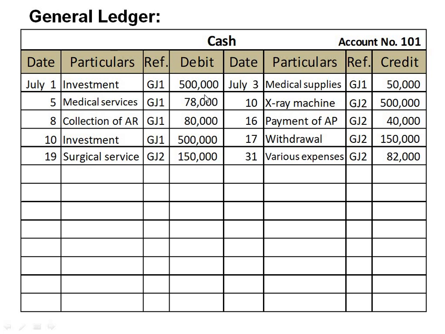So here, press your calculator. 500,000 plus 78,000 plus 80,000 plus 500,000 plus 150,000 minus 50,000 minus 500,000 minus 40,000 minus 150,000 minus 82,000 equals 486,000 balance of cash. Since we started adding the figures in the debit column and then subtracted those in the